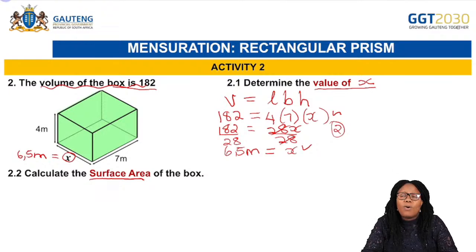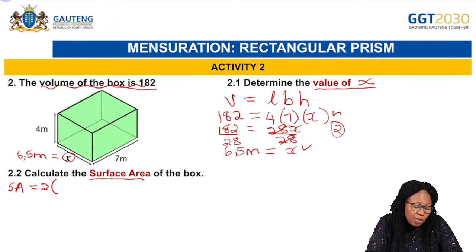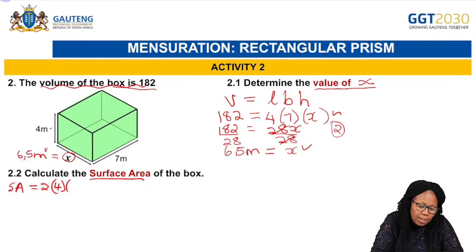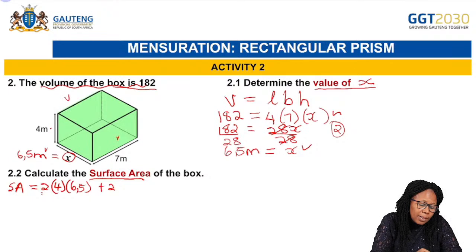Okay. And then now calculate the surface area of this particular box. We follow the same method. We said the surface area is equal to 2 times left and right. Look at that. We are having 4 by 6,5. That will be 4 by 6,5, which is representing 2 sides, plus 2 sides. Again, we are taking the front and the back, and then the front we are having 7. Remember, this is taking the same 4. It will be 2 into 7 into 4,